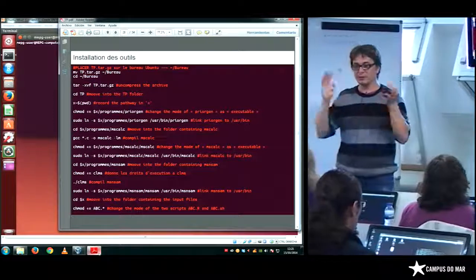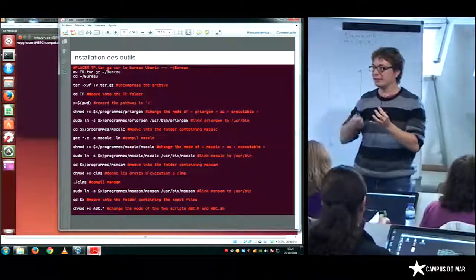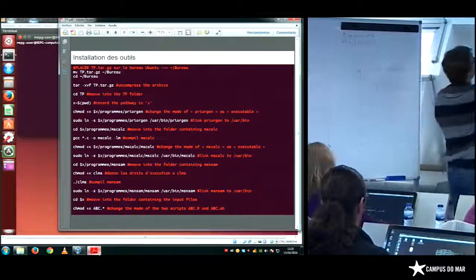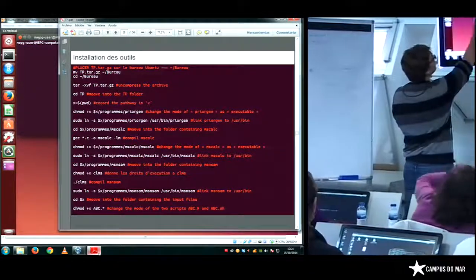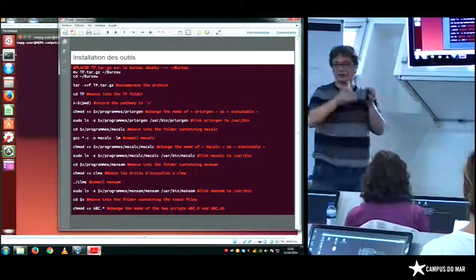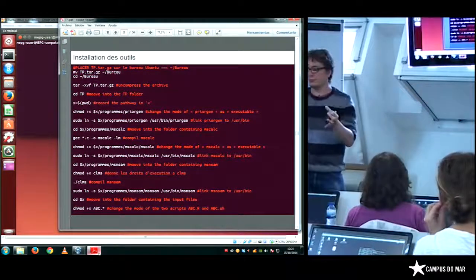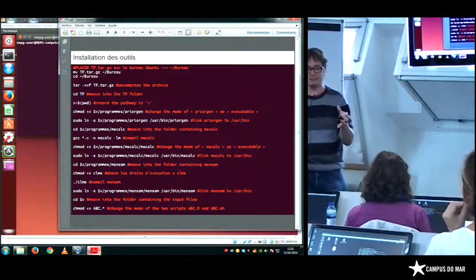It's because now we won't have to take care in which folder we are. We have the pathway recorded in the variable x, the pathway that goes to the folder TP-ABC.